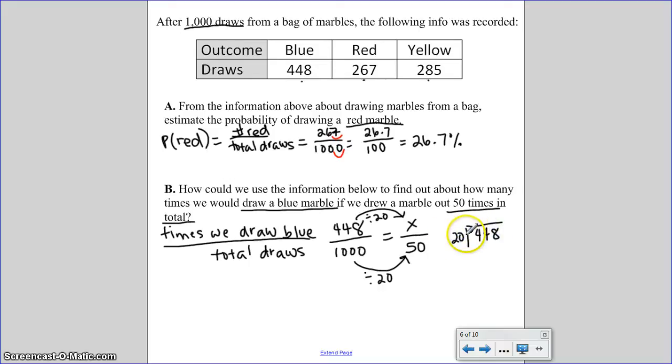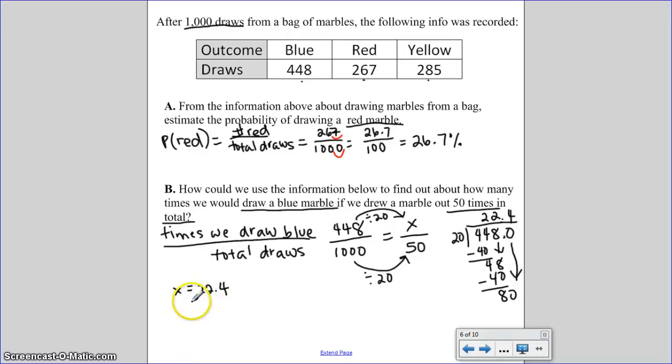Okay, 20 won't go into 4, but it will go into 44 2 times. So then I get 40. I do my subtraction. I'm left with 4. I bring down my 8. 20 will go into 48 another 2 times. I'm left with 40. I subtract, left with 8. I add my decimal point and a 0. Extend this line a little bit. And then I bring down this 0. And 20 will go into 80 4 times. So that means my x is 22.4,